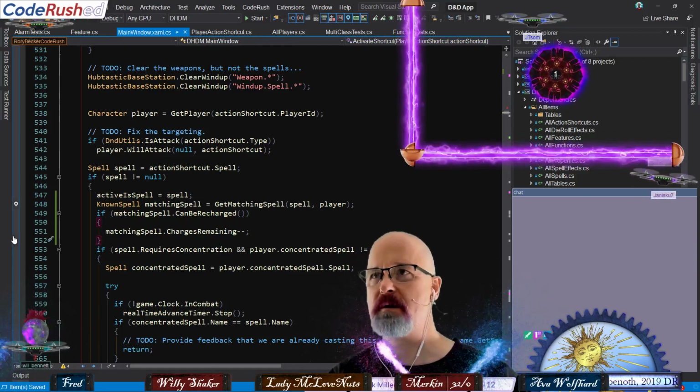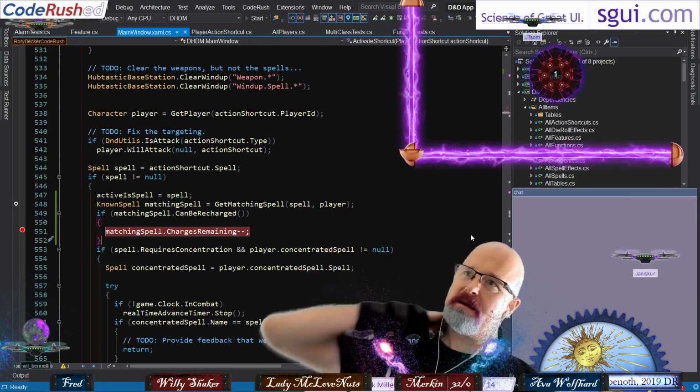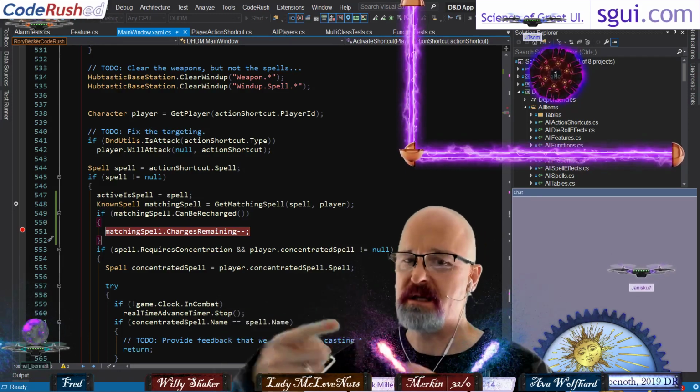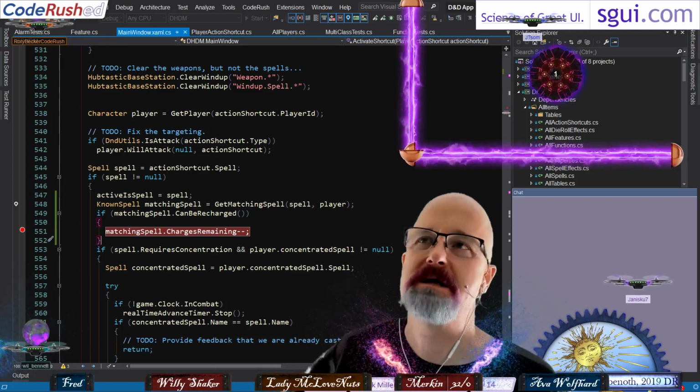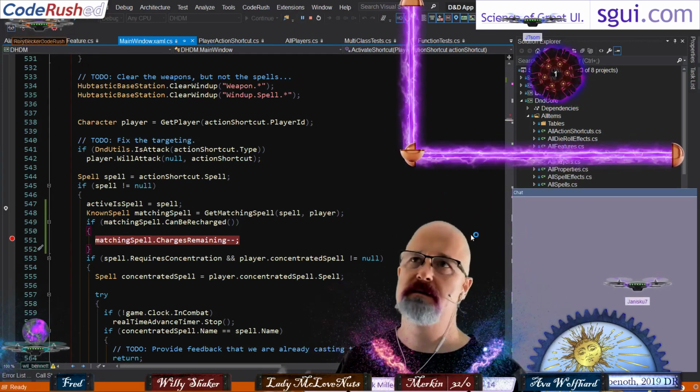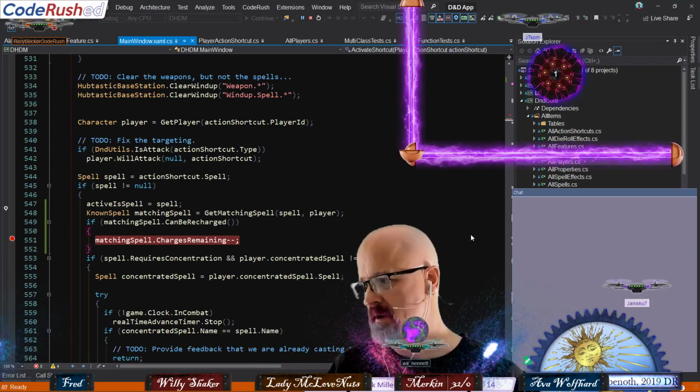And let's set a breakpoint here. I want to see what happens, because we need a two-way link between the UI that we haven't put up yet, and the item that's got charges. So that's what we're going to try and explore here.